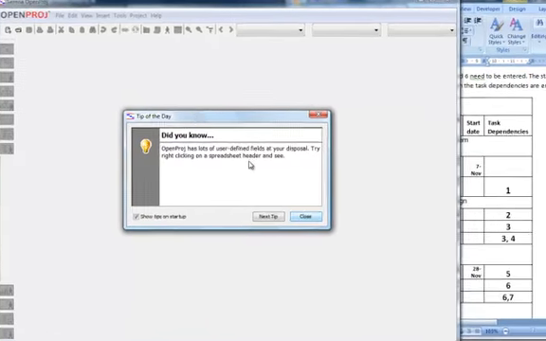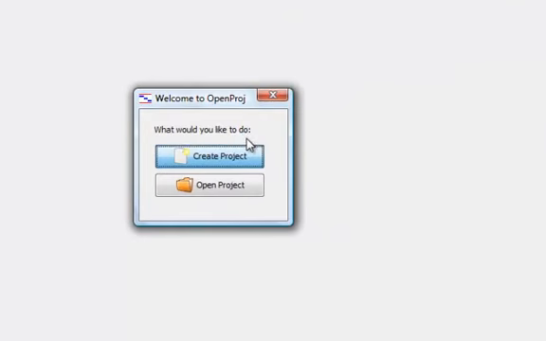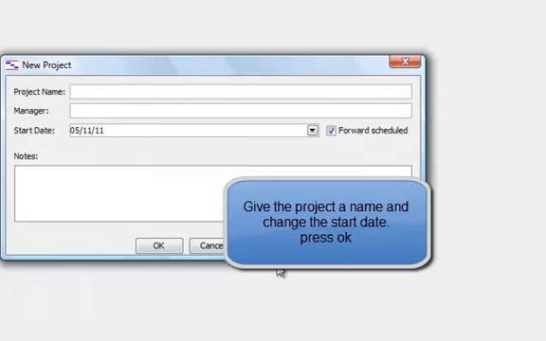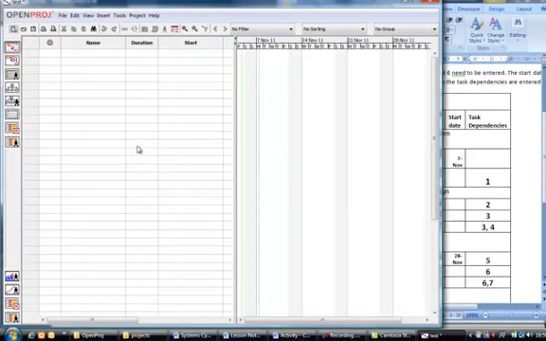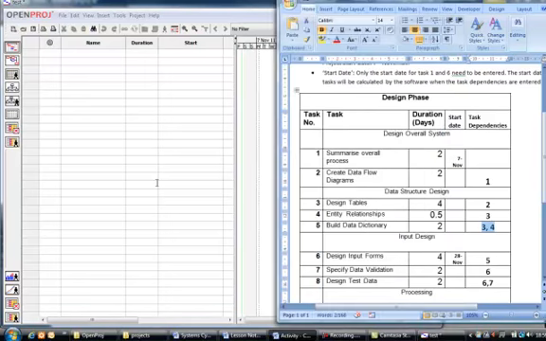and the software opens, comes up with a tip which we don't need. We're going to create a new project, so I'll just press create project, give the project a name. I'm going to change the start date from the default one, which is today's date, we'll make that the 7th, press OK, and then OpenProj loads up an empty Gantt chart, and from this you just start putting in the tasks for